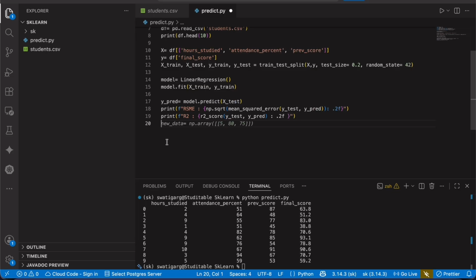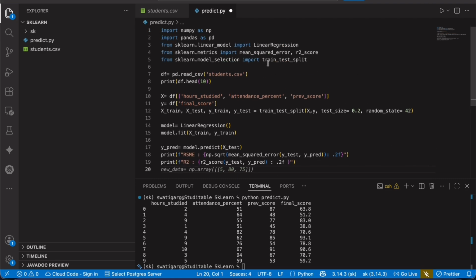So here the mean squared error is a function provided by the sklearn library which lives inside the metrics module. That is why we have imported sklearn.metrics. It lives inside this metrics module and is provided by the sklearn library. So what does mean squared error do?